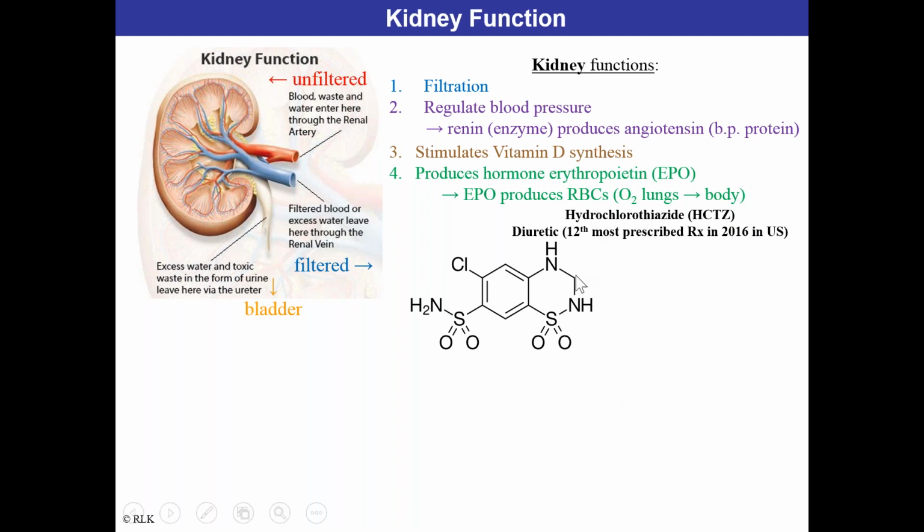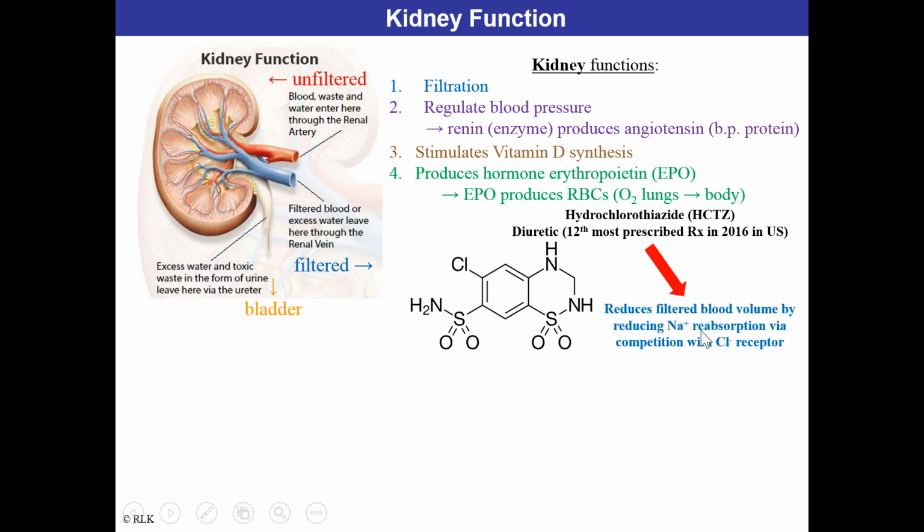Diuretics, for instance, this hydrochlorothiazide, this HCTZ, which structure I'm showing here, is the 12th most prescribed prescription in the US, at least in 2016. So among all the medicines that are available in the United States, this is the 12th most prescribed. In fact, I'm even taking hydrochlorothiazide